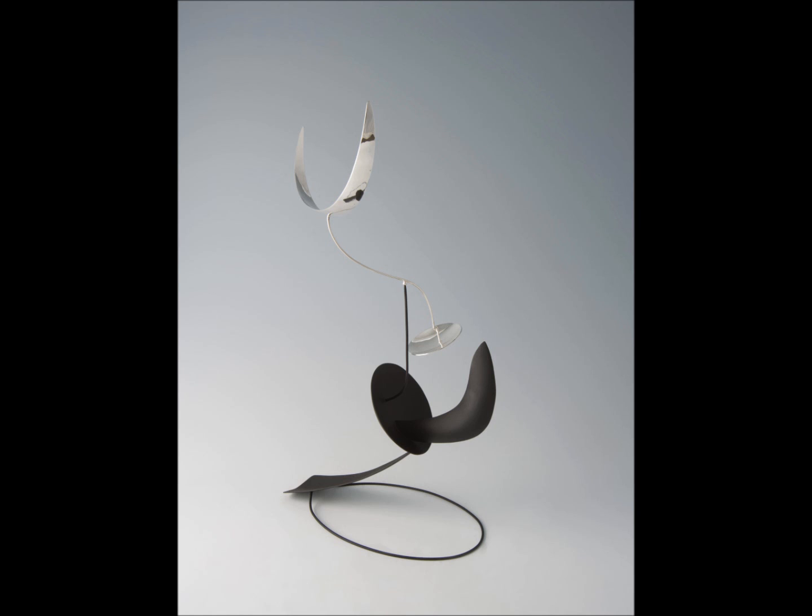While the mobile and the stabile have been established by Calder, Mark's use of color and form bring to mind the compositions and abstractions of Henri Matisse, Jean Arp, Paul Klee, and Joan Miró. Like these often abstract and surrealist artists,